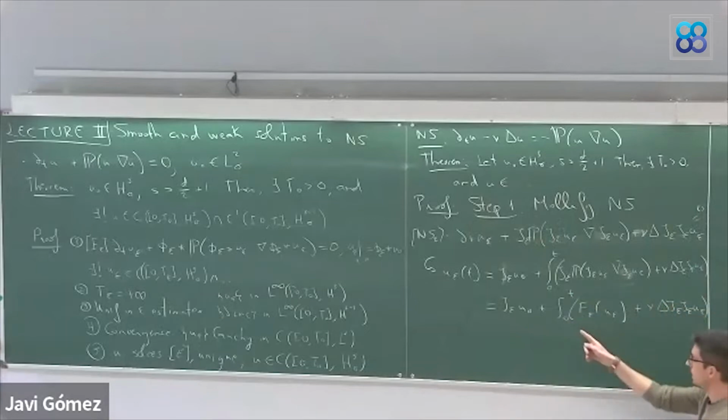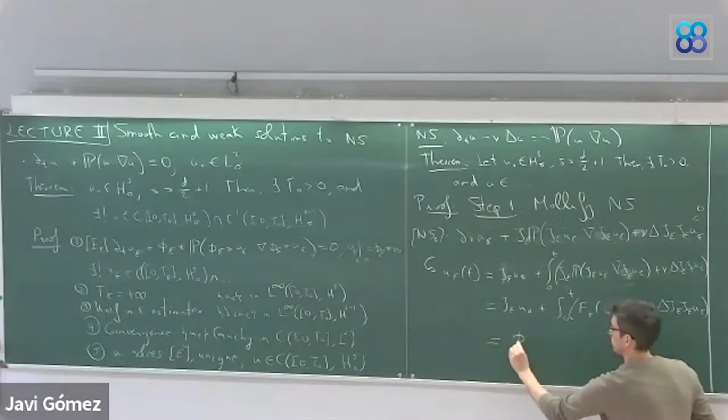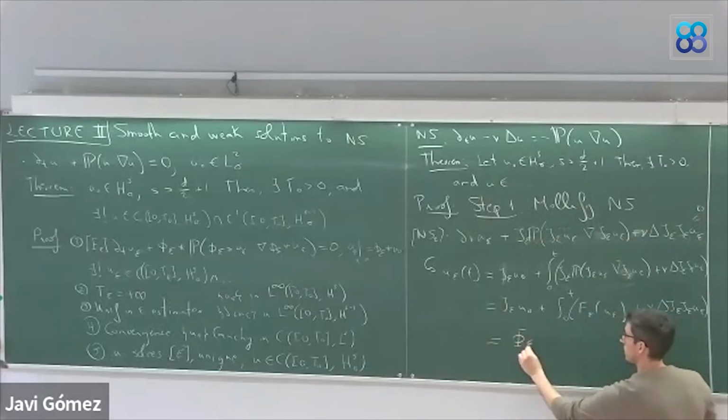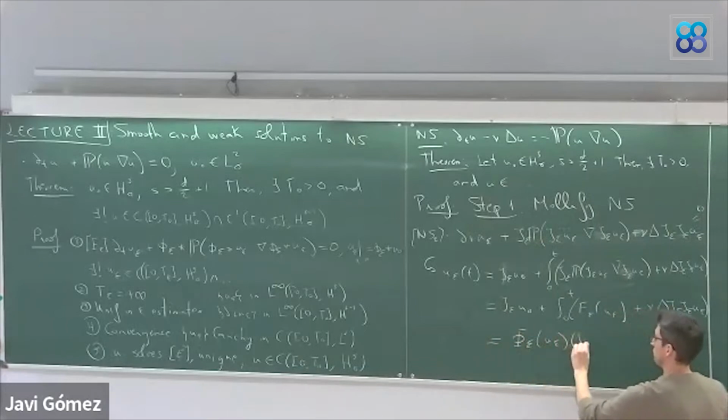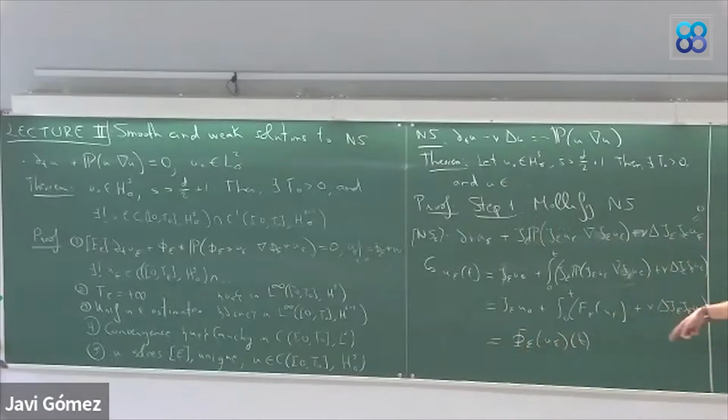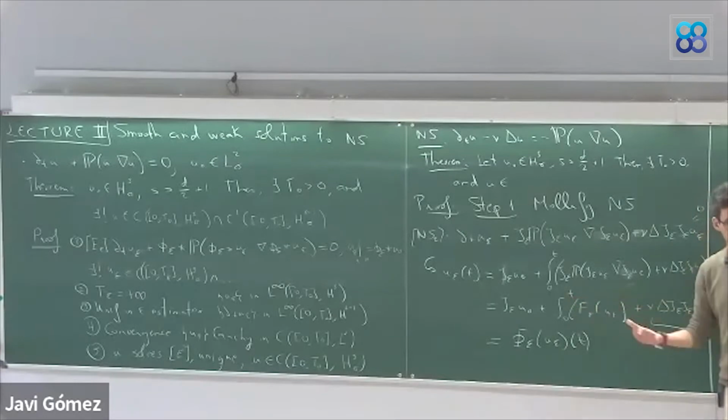And all this we write as a fixed point, so an operator applied to the u. And now we want to construct the ball here. As I did the other day, the only new thing is to show that this term is bounded and Lipschitz in HS. And then one can choose a small time and a small ball where we can close the